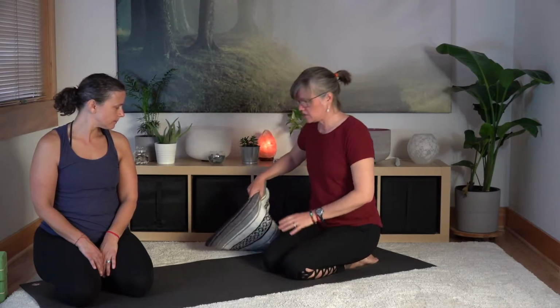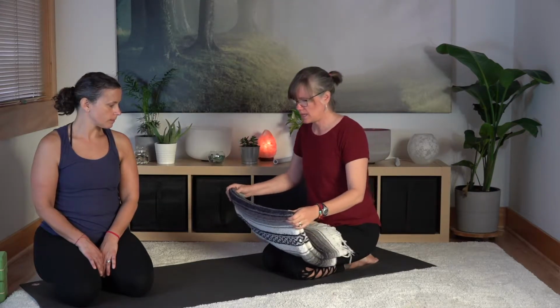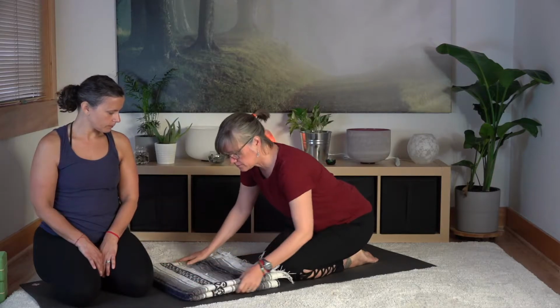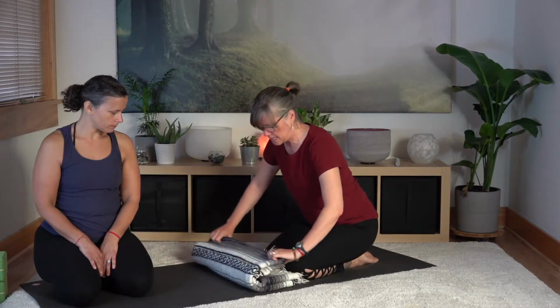So the first thing that we want to do is make sure that you have adequate padding. There are two different kinds of seats that we're going to talk about today. The first one is a cross-legged pose. And you're going to want to start with some sort of cushioning, a blanket or a pillow. Most of you have some sort of throw blanket at home, and that can be really helpful. So this doesn't provide too much padding. A lot of times we like to fold up to give our hips a little bit of leverage in a